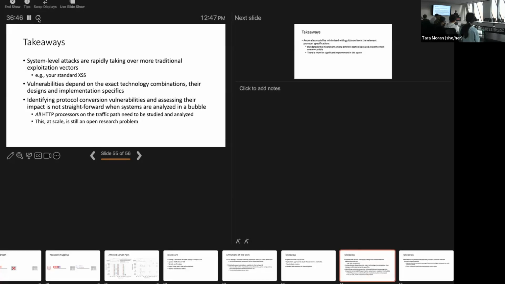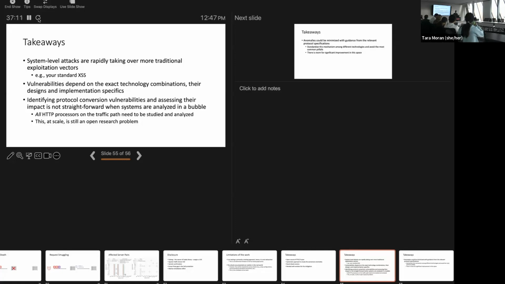So the vulnerabilities depend on the exact technology combinations, their designs and implementation specifics, which makes this kind of difficult to fix. It's not easy, right? So I might test everything, but maybe I haven't tested Apache combined with Nginx. There might be issues, right? Not super easy. So identifying protocol conversion vulnerabilities and assessing their impact isn't actually as straightforward